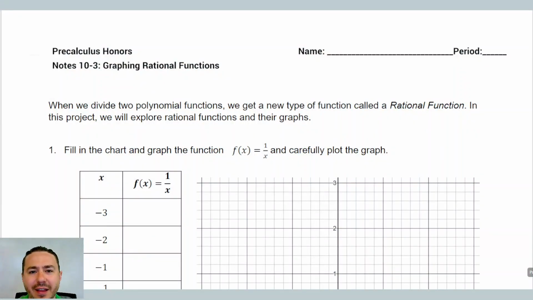Hey y'all, welcome back. So today we're just going to continue to practice graphing these rational functions. These particular notes are going to be something that I want you to do independently. So I'm going to run through this pretty quickly and let this video just serve as a resource in case